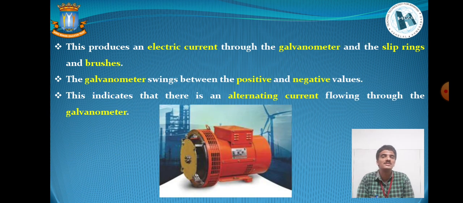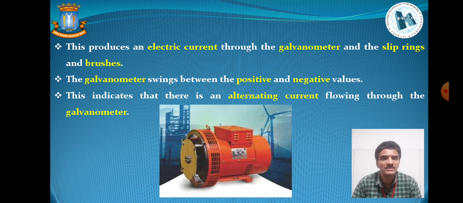Now we will switch over to the second and the most essential step inside the AC generator design. After the EMF is generated in the rectangular armature, this will produce an electric current through the galvanometer. Now, as I discussed earlier, some amount of electrical energy will be generated inside the AC generator, but we need an additional apparatus to gain the output source of the electrical energy for the actual utilization or application purpose, through the galvanometer, the slip rings and the brushes.